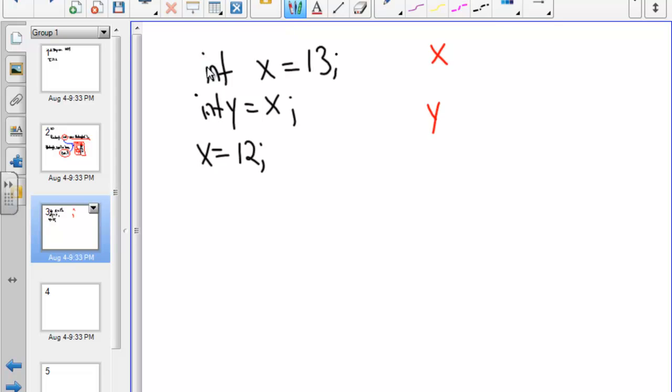At the very beginning, x actually has the number 13 stored into it. Y equals 13. Or sorry, y equals x. So now y equals 13. I change x to 12. Now x equals 12, but these are independent of each other, so y is still 13. I haven't changed anything. All right, if I try to do that with an object reference,